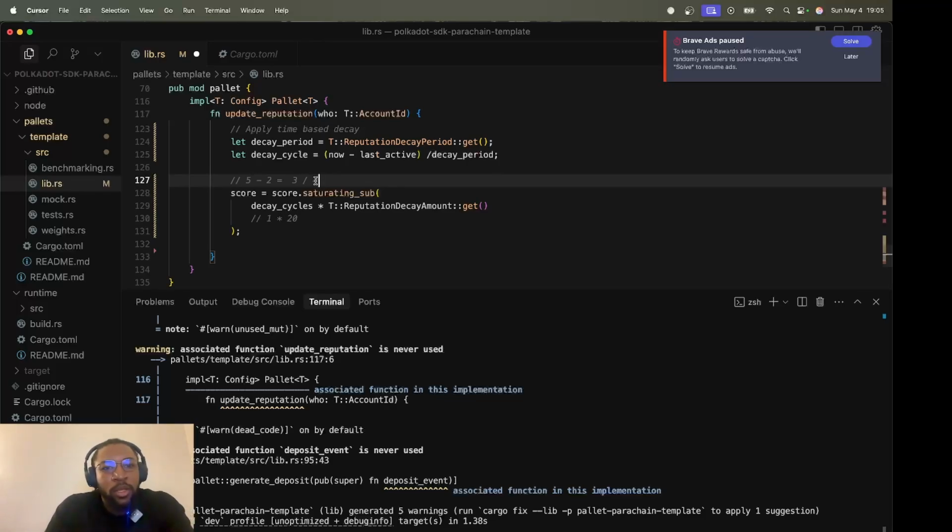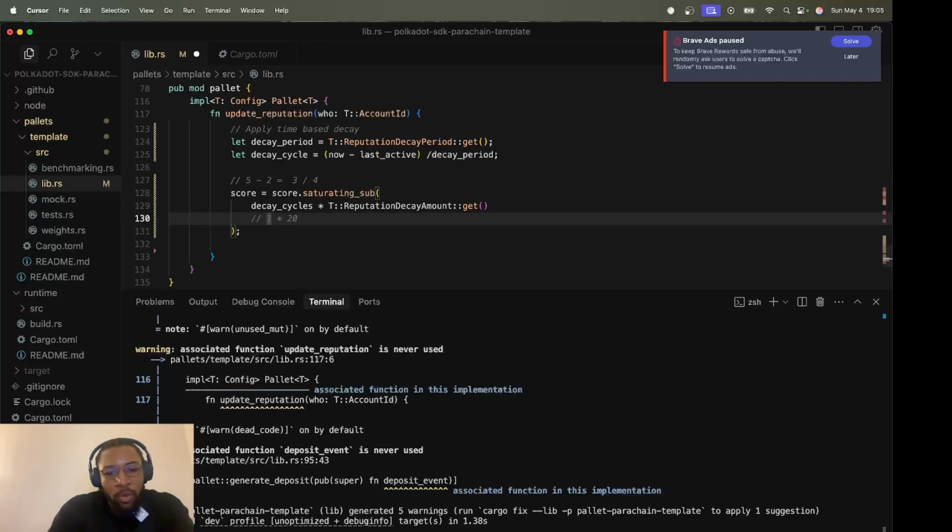This will give us 0, obviously. I think. Let me check. 0 point something. Yeah, 0.75. So just round out, it will give us 0. And then this becomes 0 times 20. This becomes 0. That means he has not passed any cycles. So his score is still intact.